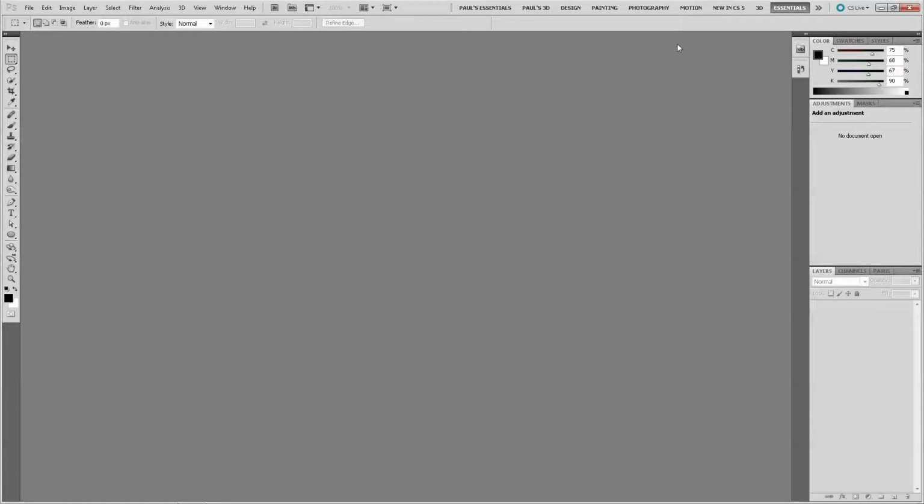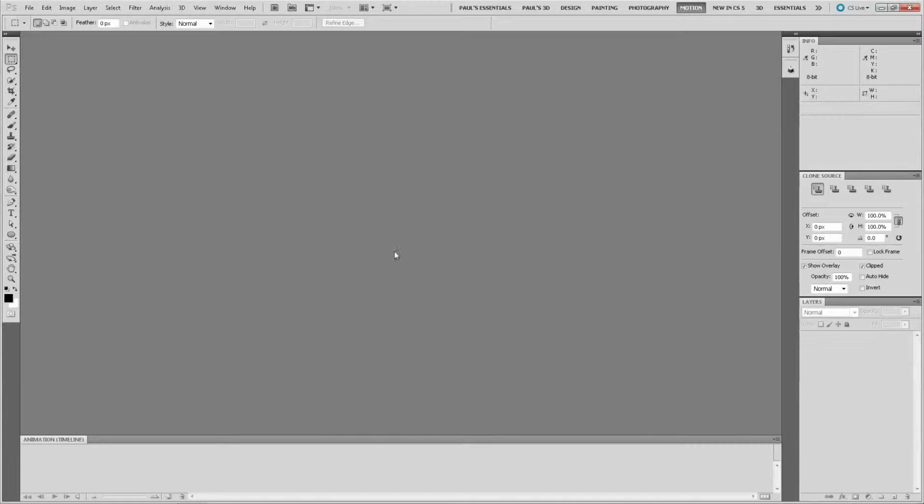Because Photoshop can be used for so many tasks, it has a number of different workspaces, including ones you can create yourself. So I select the motion one. We're doing video. Still, not all of the panels we'll need are open. We also need adjustments.